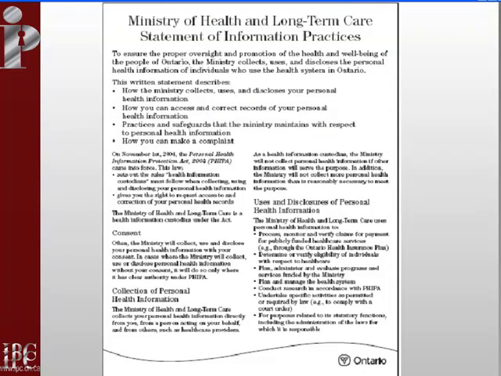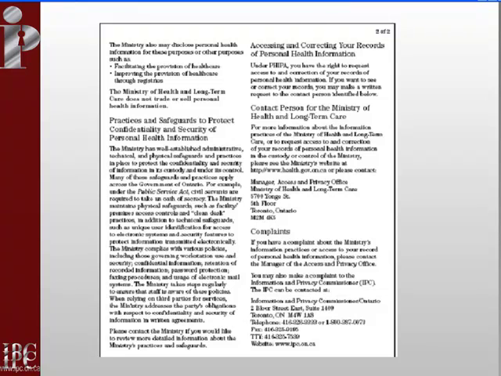Now, this is an example, again, from the Ministry of Health and Long-Term Care. I pulled it off of their website. It's their statement of information practices, so it's not in the context of any particular program or initiative. It's their general statement that describes their information practices, tells you what the purposes are for the collection, use, and disclosure, tells you where to go for additional information, and tells you how to make a complaint to both the ministry and to the Office of the Information and Privacy Commissioner as well. So it's not very clear, but you can look at that on the ministry's website.